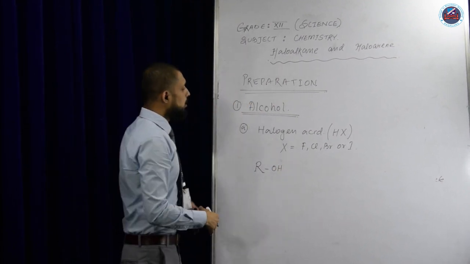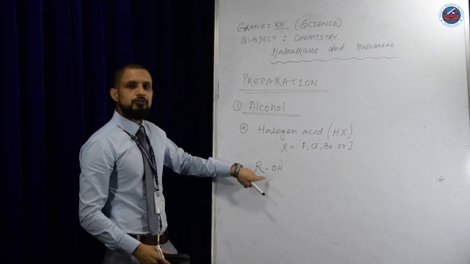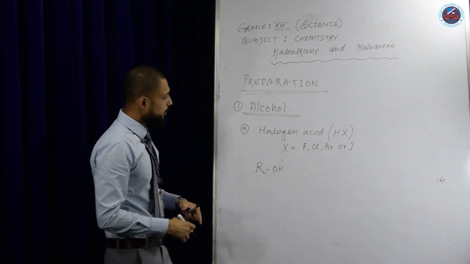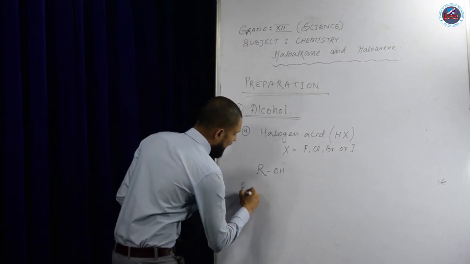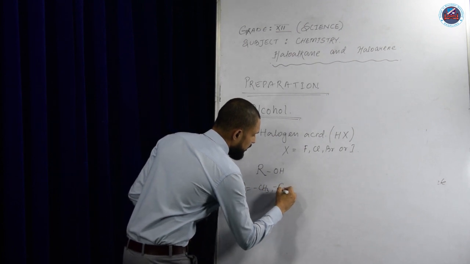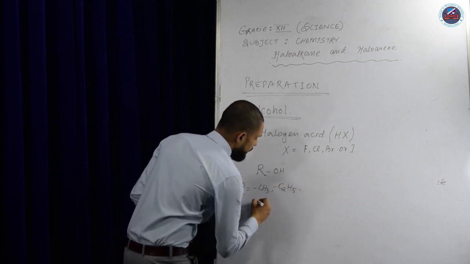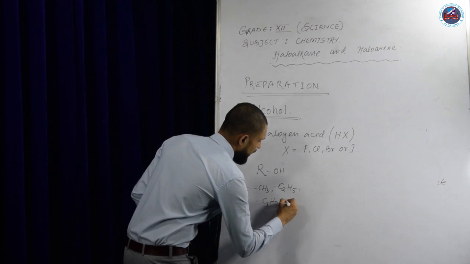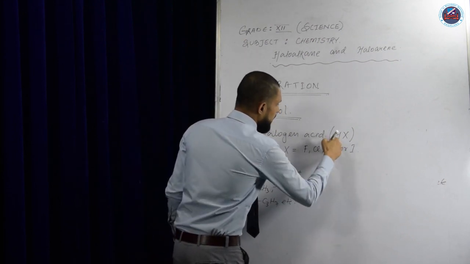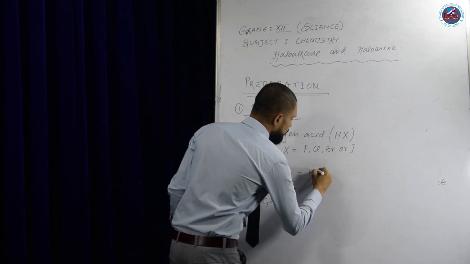We know compounds with functional group OH are known as alcohol, where R can be any alkyl group like CH3, C2H5, C3H7, etc. Plus, we'll take the halogen acid, that is HX,